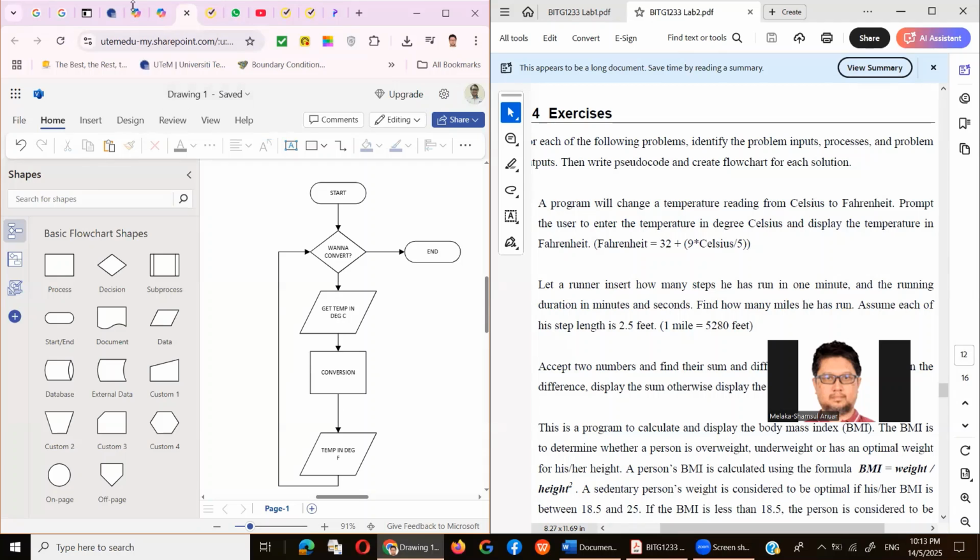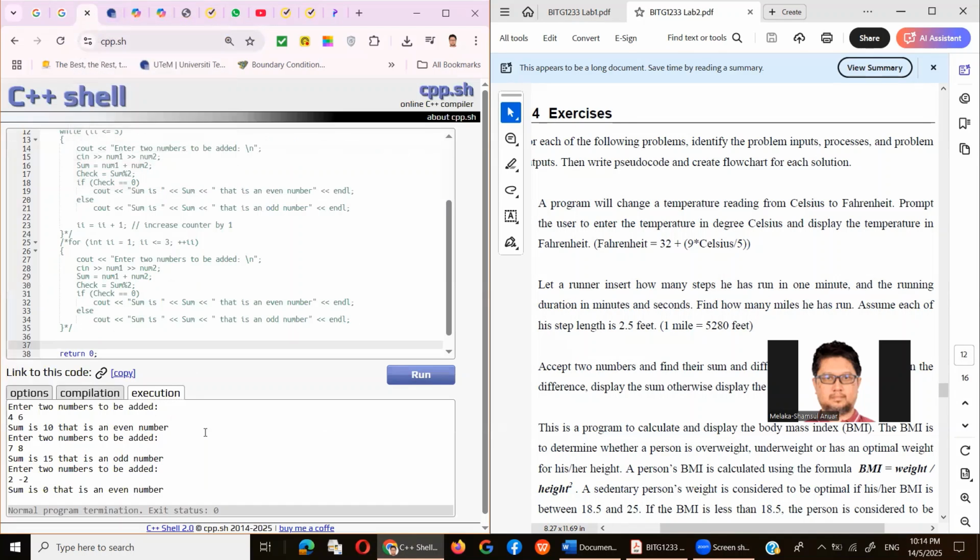All right, so now back to C shell. So for that one, temperature can be double, so it doesn't have to be an integer. So not like the question of even or odd. Those need to be integer. So for temperature,